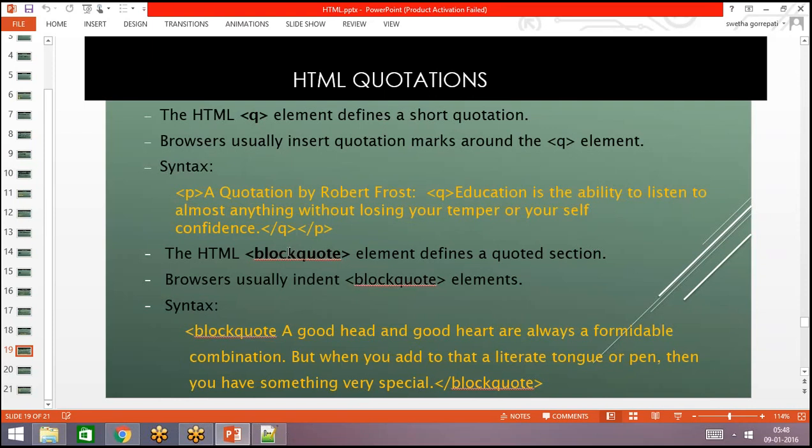And if the quotation is lengthy, then to show lengthy quotations, we can use the blockquote element. When we use the blockquote element, the text will be indented. If we add only the Q element, the quotation will be shown in double quotes, and if we use the blockquote element, the text will be shown as indented.